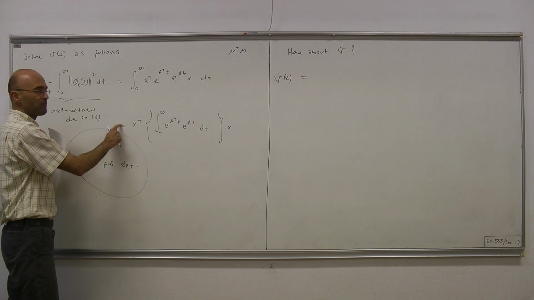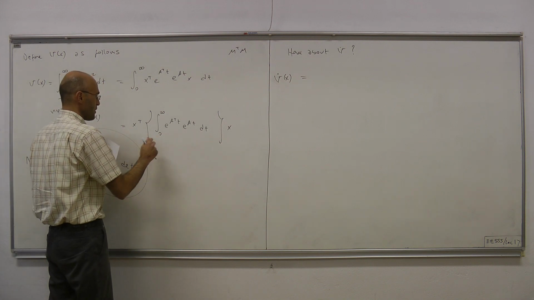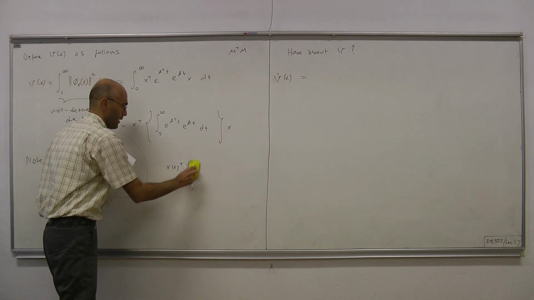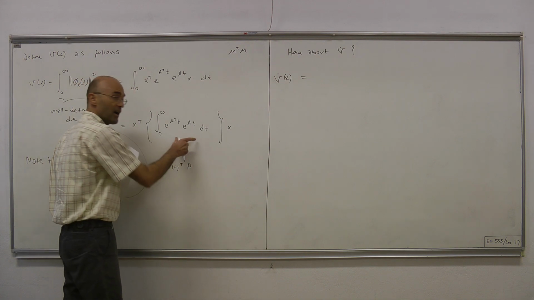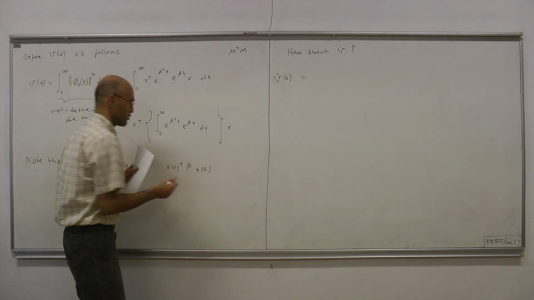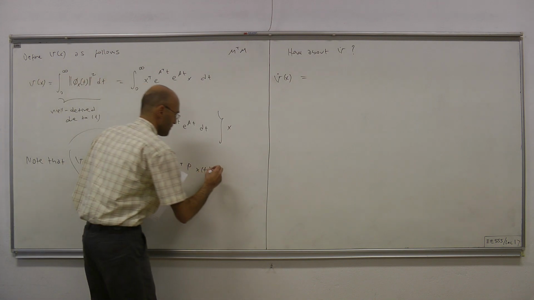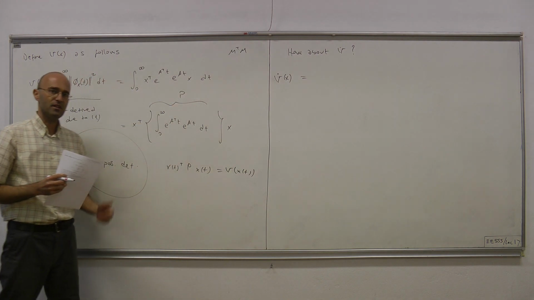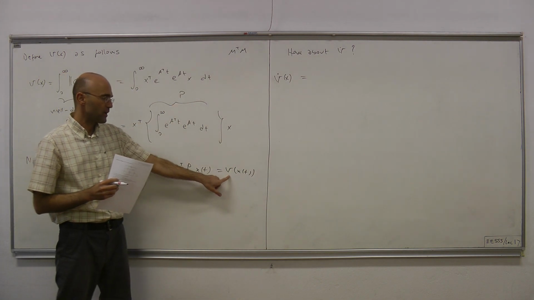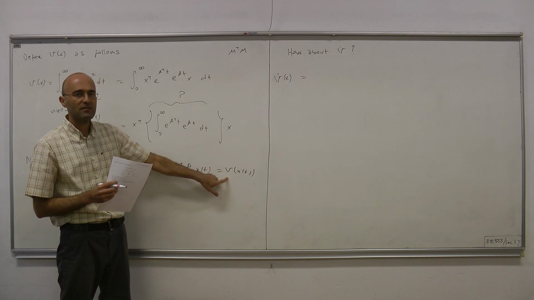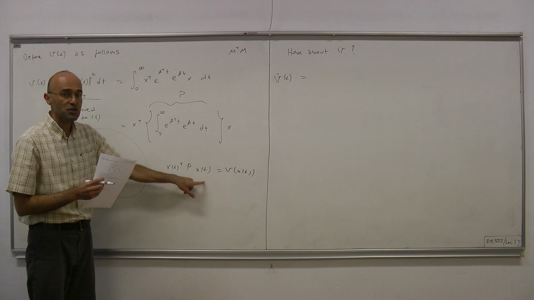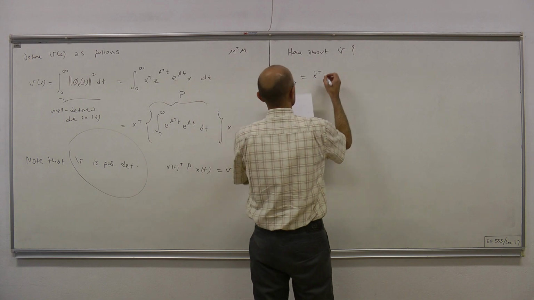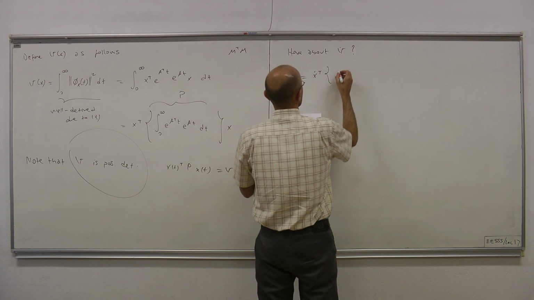Now this is V of x. This integral is a constant matrix. So we're talking about x of t transpose, let's call it P, some positive definite constant matrix, times x of t. Okay, so this is our V of x of t. And this thing here is P, our symmetric positive definite matrix. And now we're trying to evaluate V dot. Now V dot, for such a quadratic V, is x dot transpose times P,